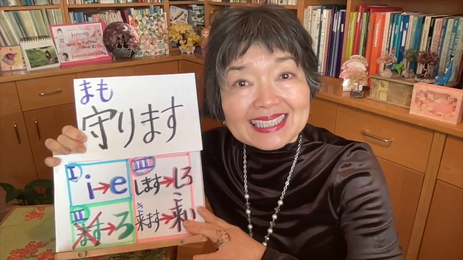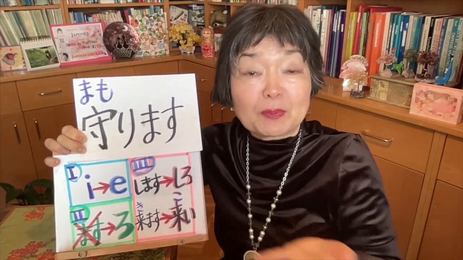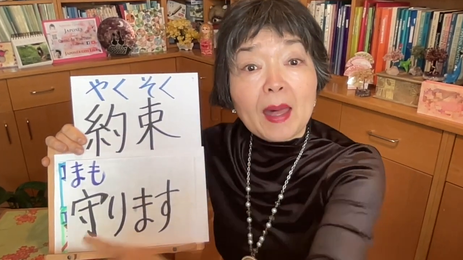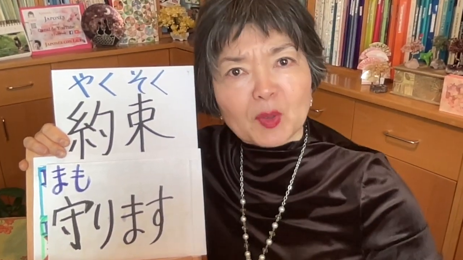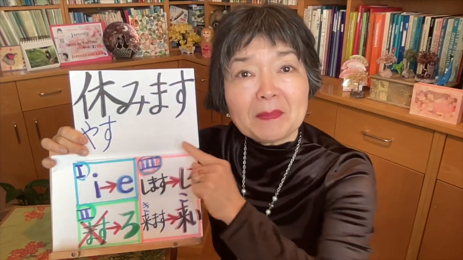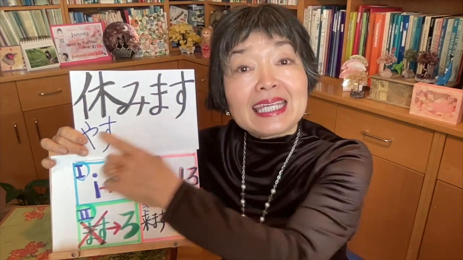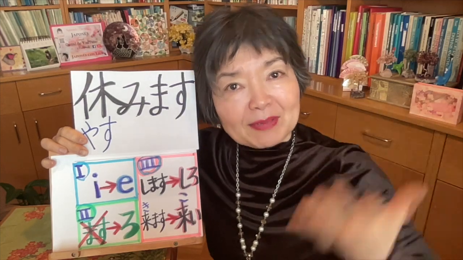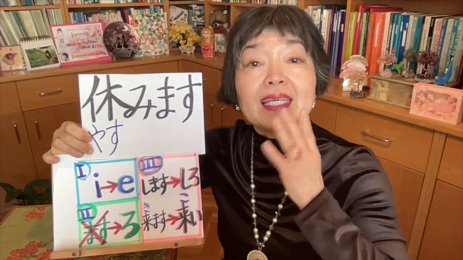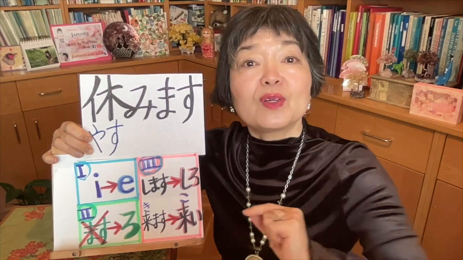Verb to protect, or also to keep one's promise, 守ります, or to keep rules, 守ります. Keep the promise, 約束を守れ. To have a rest, to take a break, 休みます. And this み, we must change to め, ま み む め. 休め. Have a rest, 休め. This word 休め is used, for example, in karate training. In this case, 休め means relax.